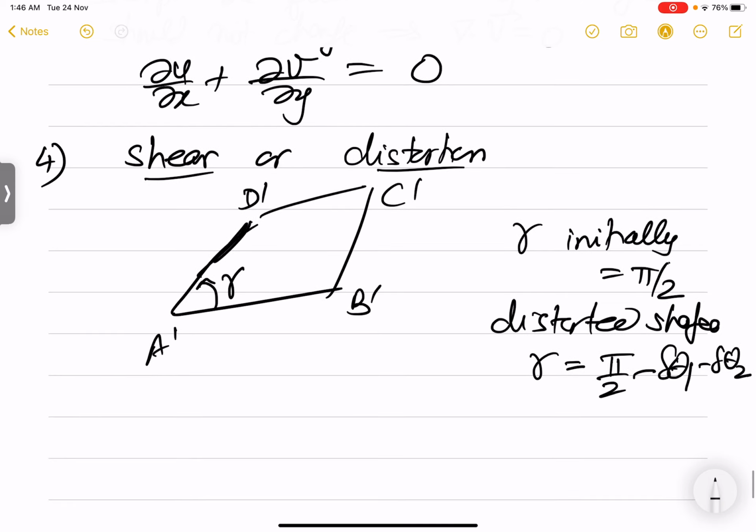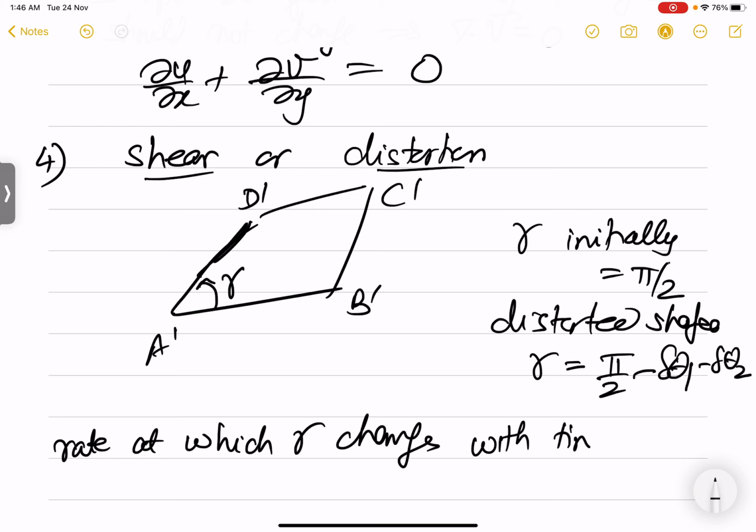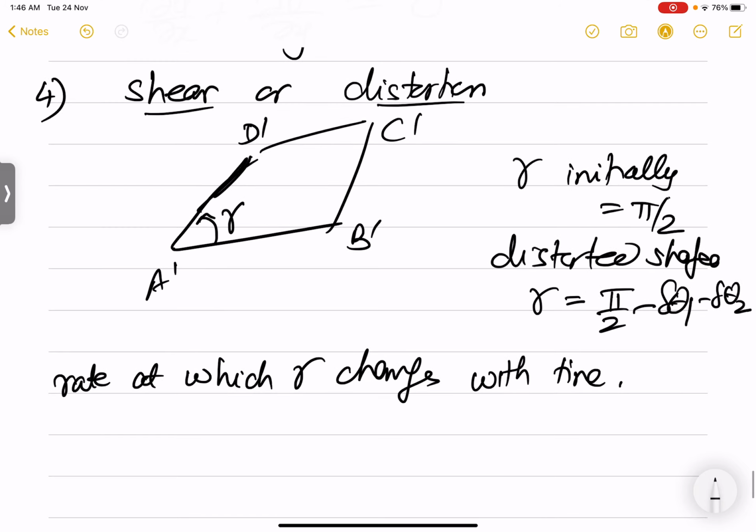So now if we look at the rate at which gamma changes with time, and we try to find the average rate for the entire element,